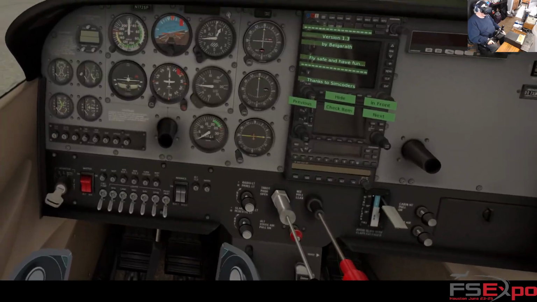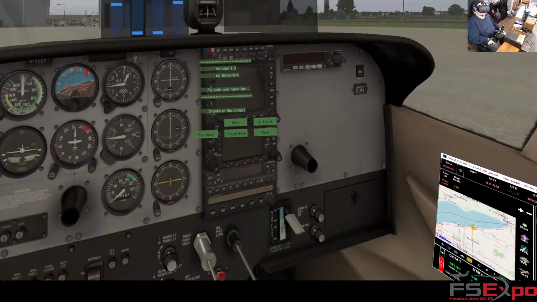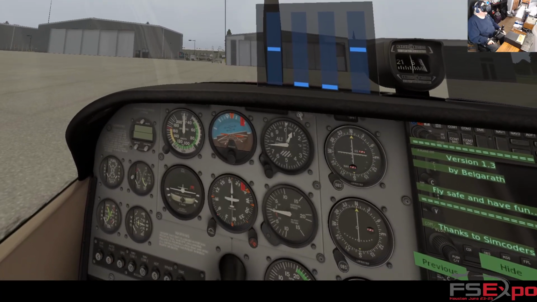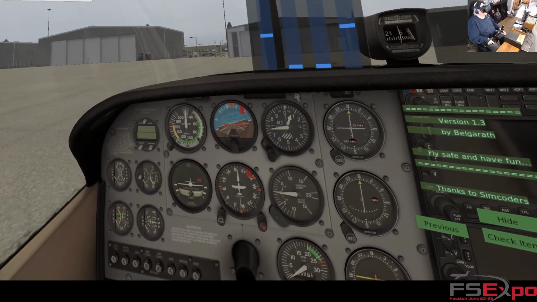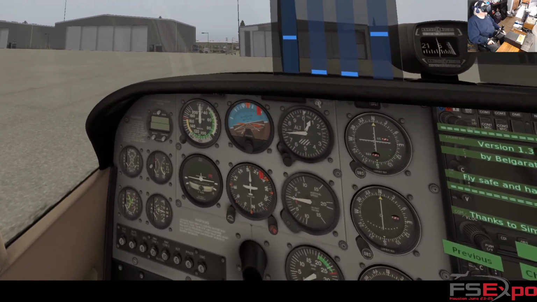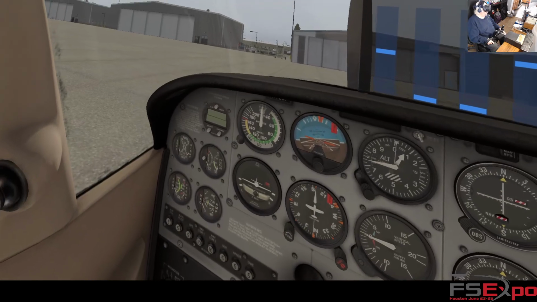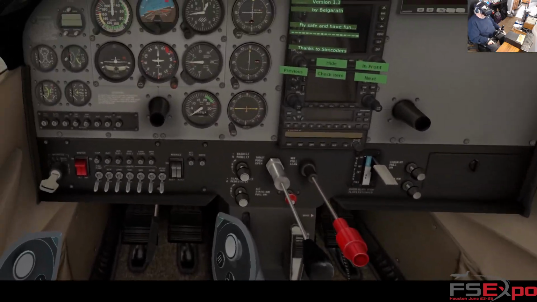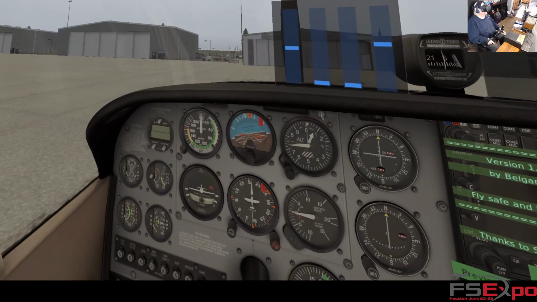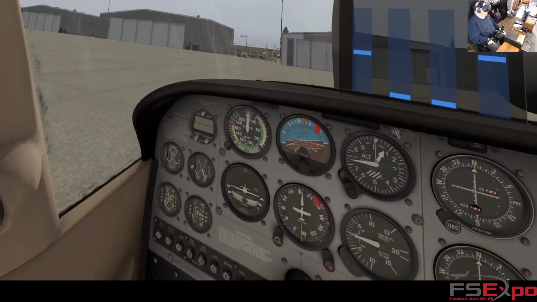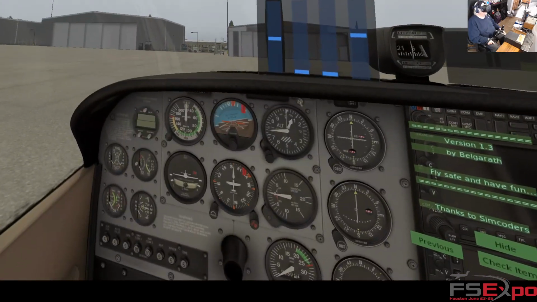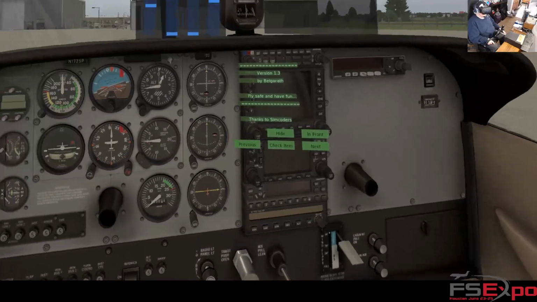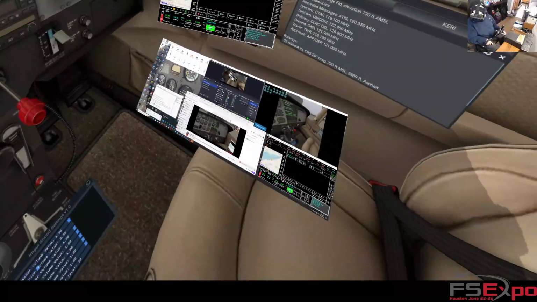So we're in 11, using X-Enviro for clouds, and I'm using X America for my scenery. We're going to do some touch and goes this morning, just to see if I can still remember how to fly an airplane. I am a former student pilot